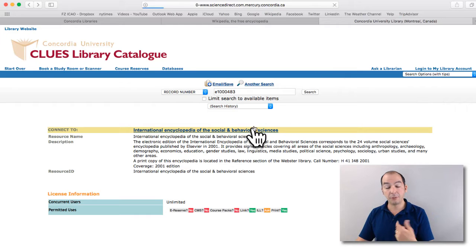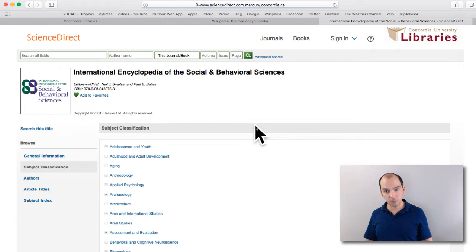Let's click through. The first difference is that the one at the library we had to pay for. And yes, it is a digital encyclopedia. You can use it from anywhere on the internet, but we had to pay for it. Wikipedia is free. The other difference is that Wikipedia is edited by an open community of web users.